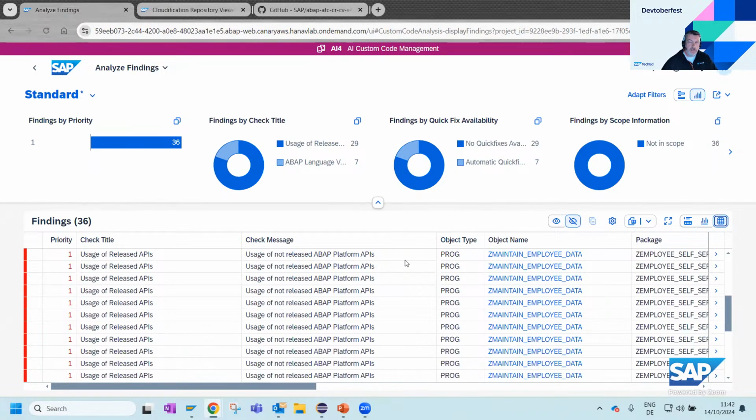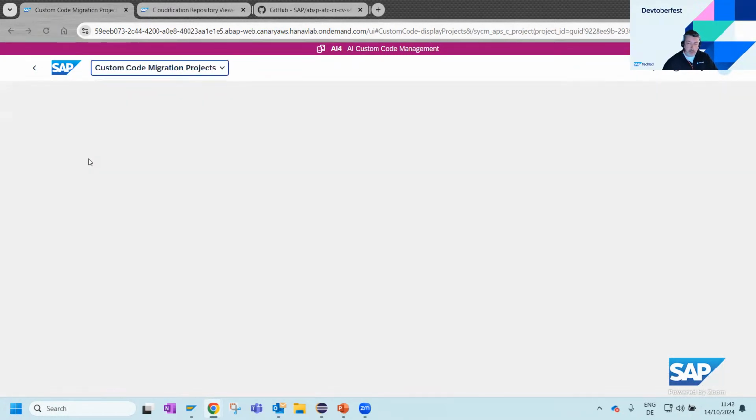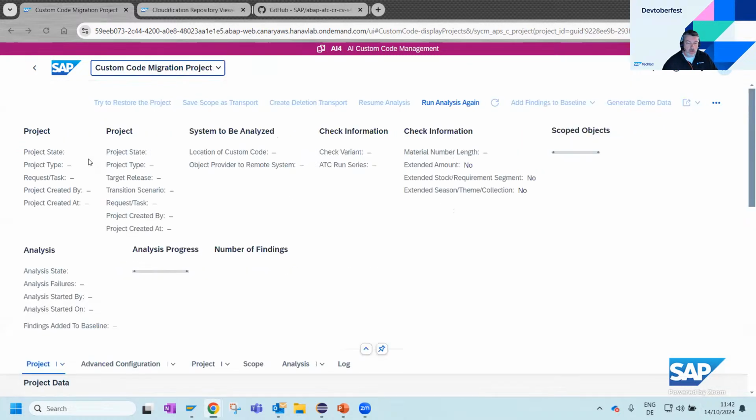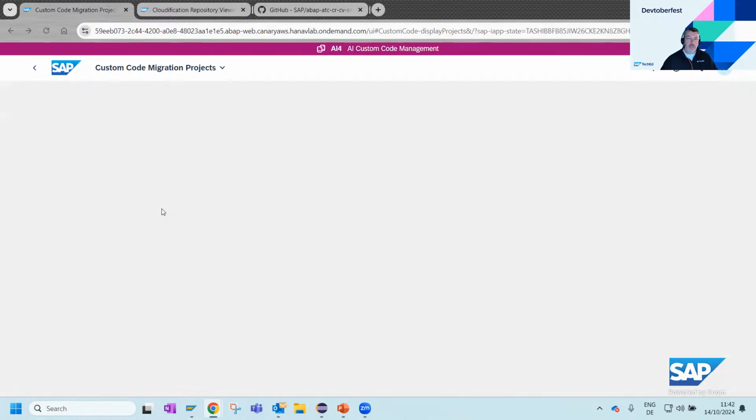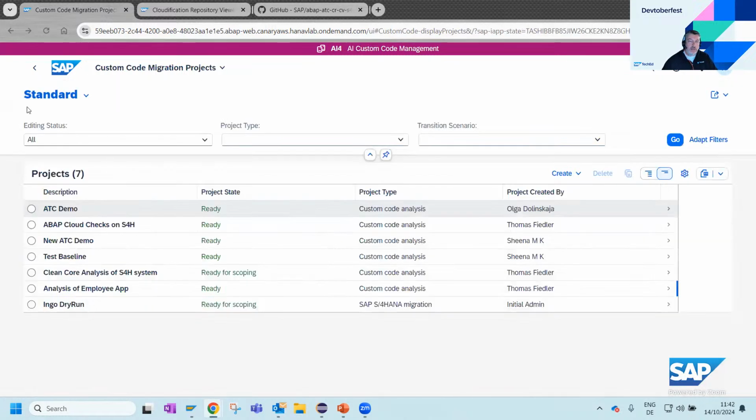And when it comes to governance, this also means, for example, that you are not just using the ATC at transport level. No, you also want to have some kind of an overview about your system overall. That means what is also nice now is that, when you have created these ATC runs,